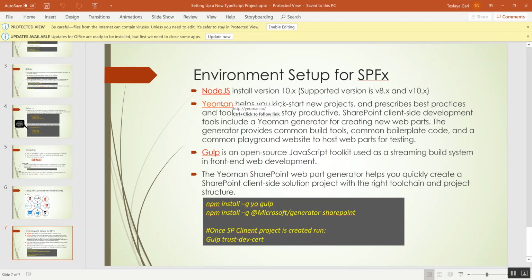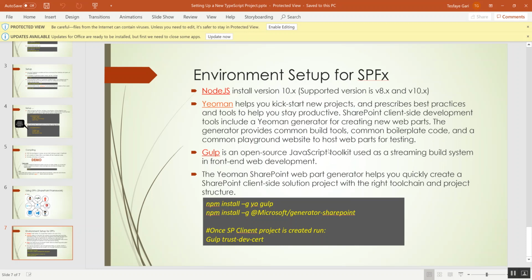It uses some version of Yeoman to create the project. When you create a project in Visual Studio, it gives us a template, right? Console and so on. If you don't have that template, what are you going to do? You're going to go get the template and add it into your Visual Studio, and then it will pick it up. But in here, Yeoman is the one that scaffolds the whole project, and gulp